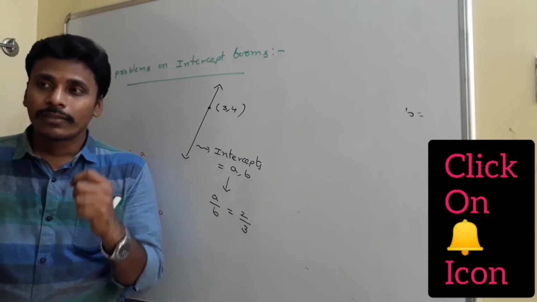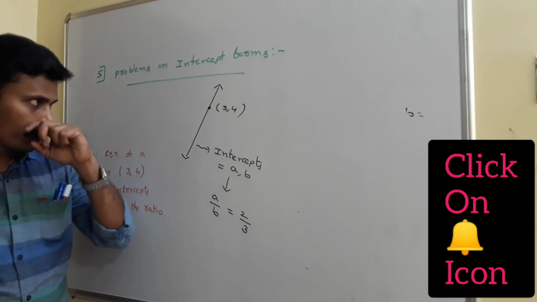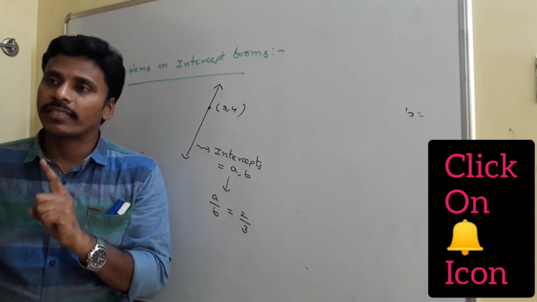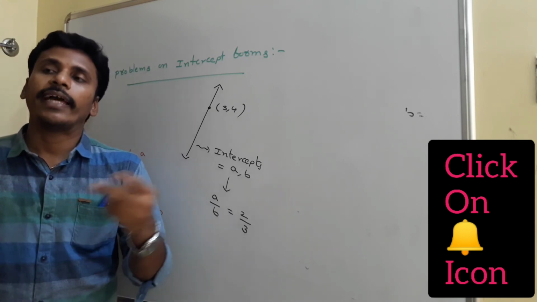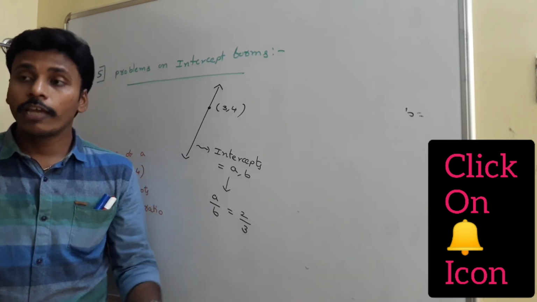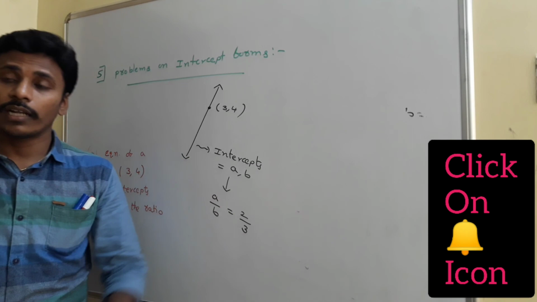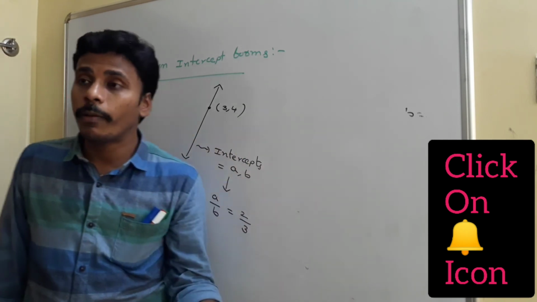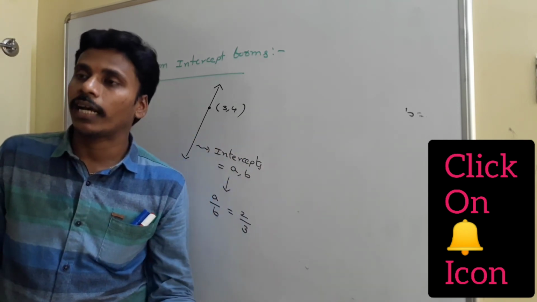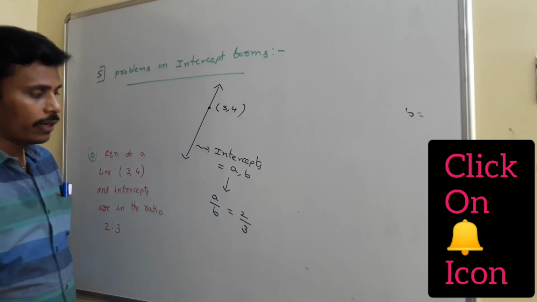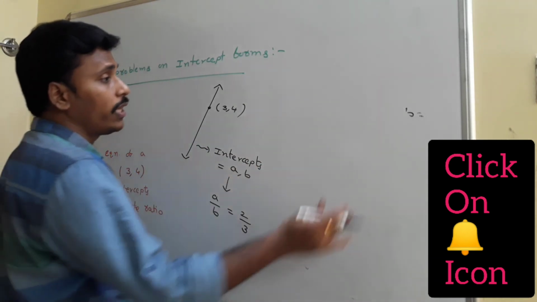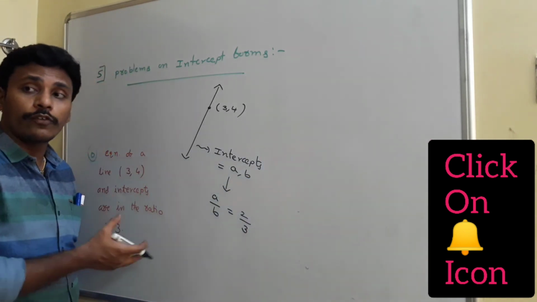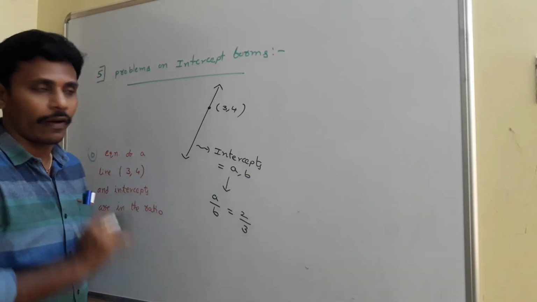Among those, I will give you some simple ways. If slope and point are given, I am repeating, directly we use slope point form. If intercepts are given, we use intercept form. According to the given data, we need to select the form of the line. First I will solve with the intercept form, and then I will solve using slope point form also for you, right?